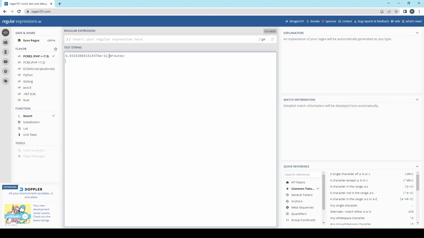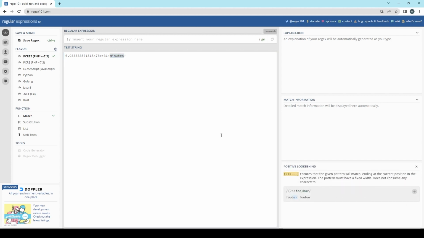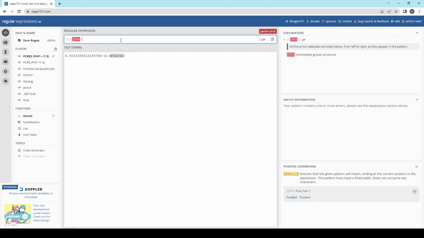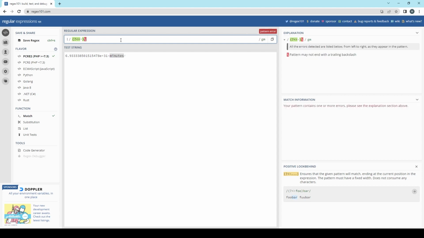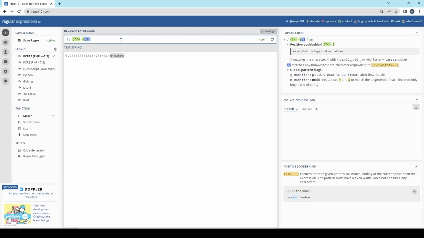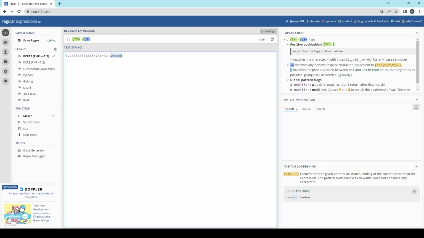So extracting the minutes part is going to be easy, because I know there'll always be a space between the number and the unit. So I can do a positive look behind. I know I need to start with a space, so I can just copy that syntax with a space. And then I want any kind of word character, which is \w, and then a plus. And this will extract the minutes part, and even if this was hours instead, or seconds, it would still be